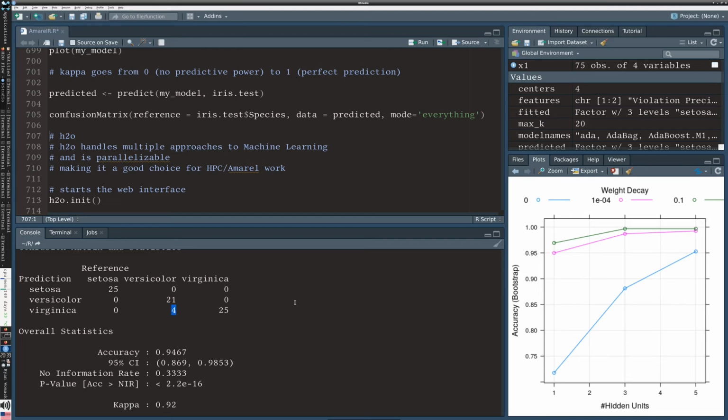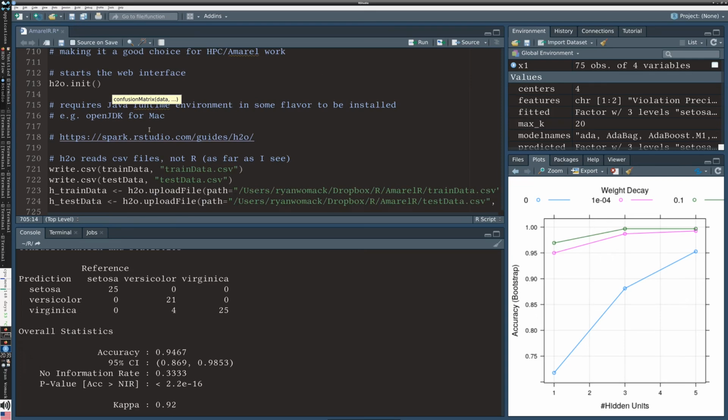So that's another use of the confusion matrix. As we see, the NNet method is nice. It's simple, it's straightforward, but it doesn't let us do much else with the tuning of the neural net. This again is not an area I'm a super expert in. I'm trying to expose you to some tools that are out there, with the hope that you may delve in